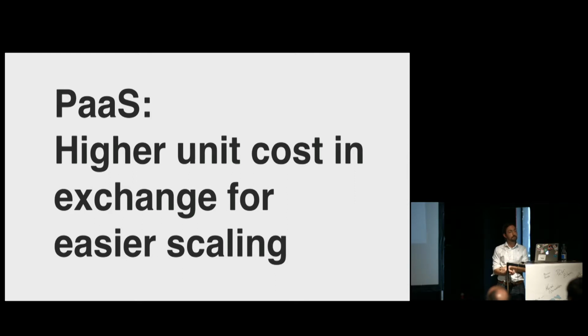So as we shift to things like platform as a service, like Heroku or OpenShift or Cloud Foundry and App Engine, we trade a higher unit cost per unit of compute for greater ease of management of these resources. So if we're looking at this through a kind of planet-friendly web lens, we might care about scaling down during periods of low use, so we burn less compute and therefore less CO2 and also less cash.